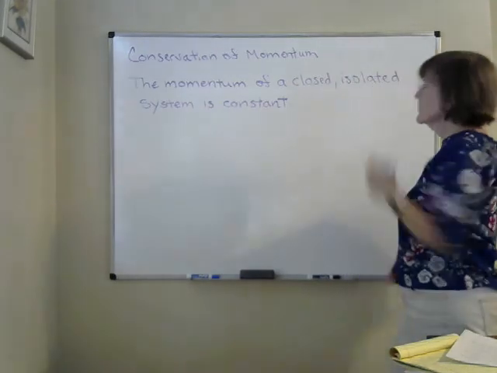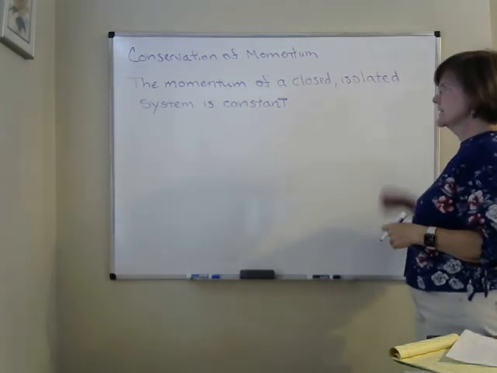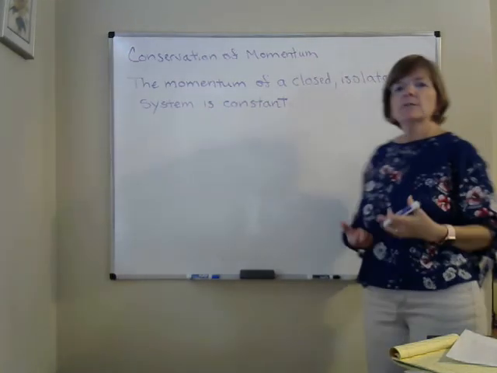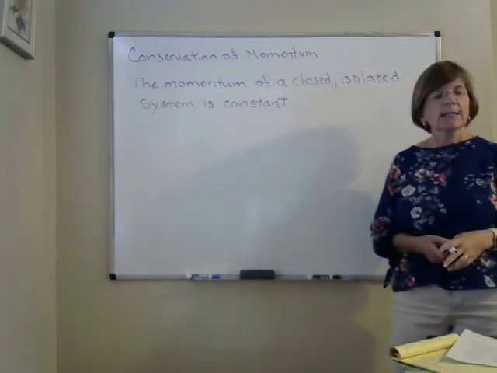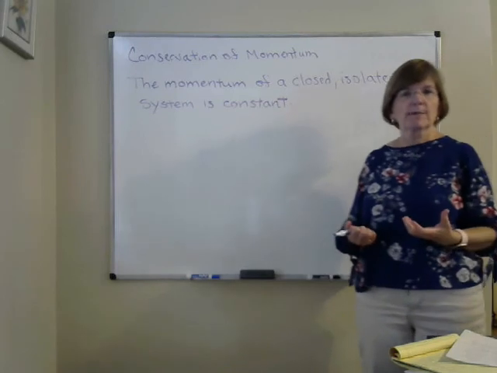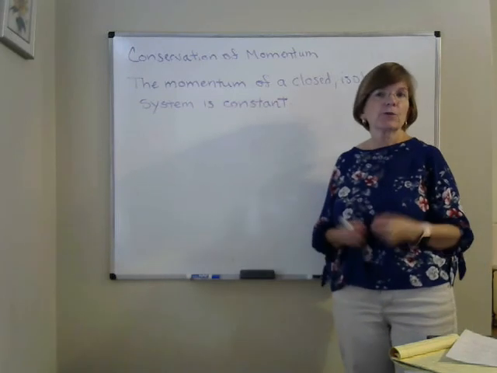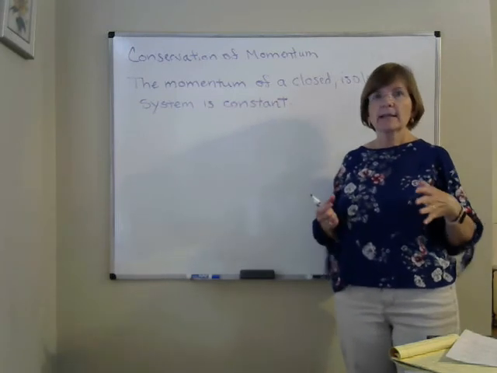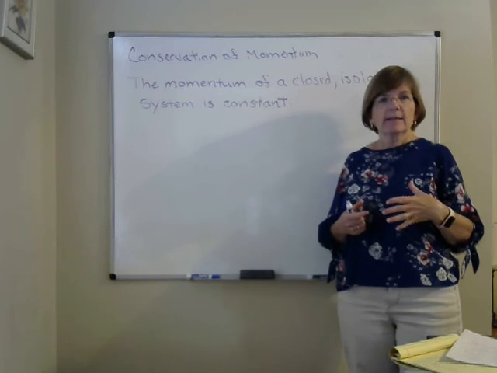Okay, the momentum of a closed, isolated system is constant. A closed system simply means we're not going to let any new objects leave our system or enter our system. So if we're going to have a system with two objects, we're not going to add anything to that, or